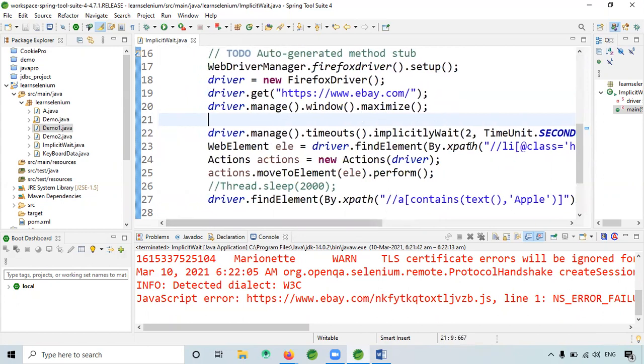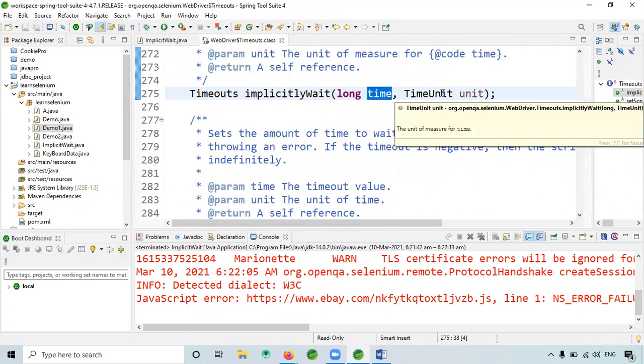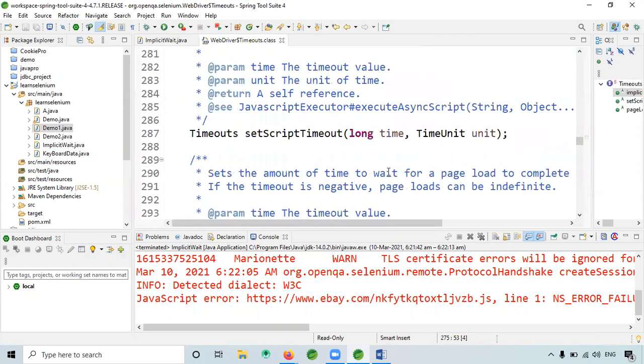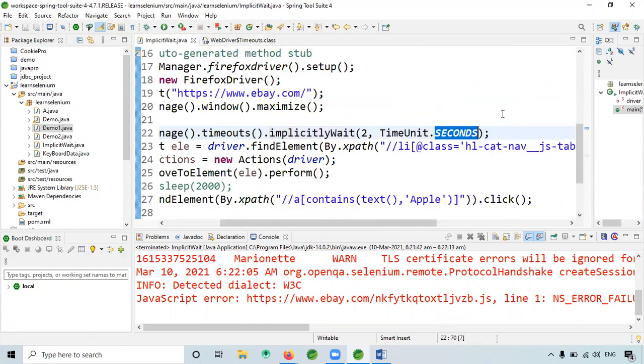If you don't know what to pass in the parameters, just right click, or press Control and open declaration. See here, it is telling TimeUnit.